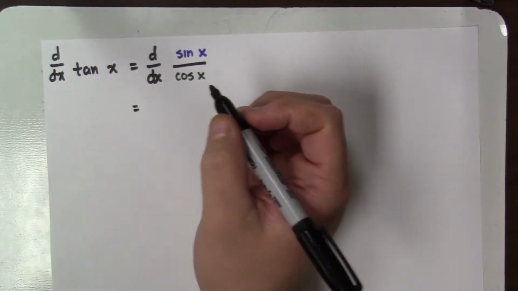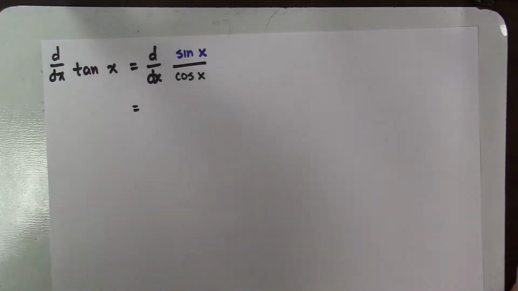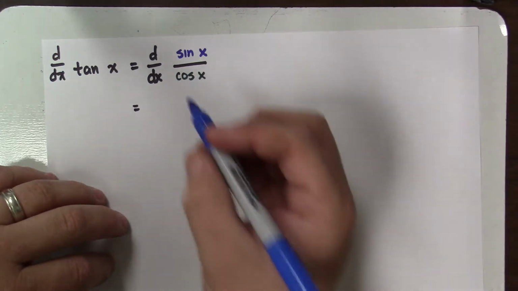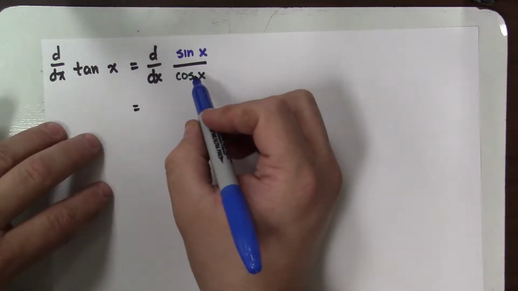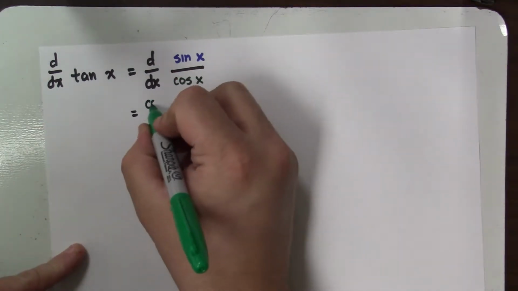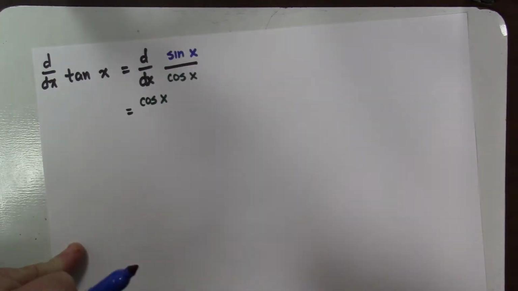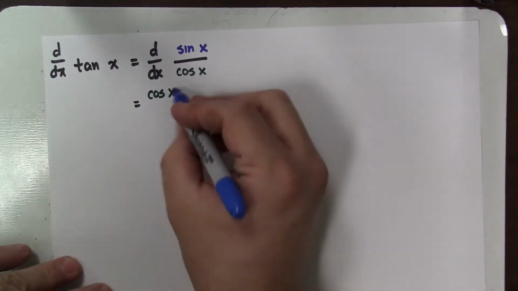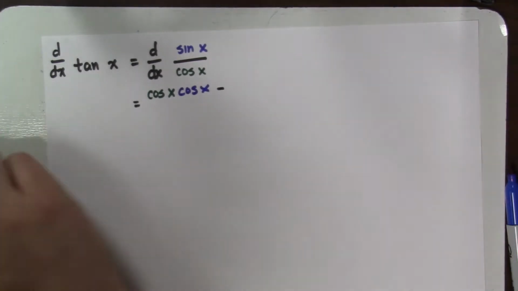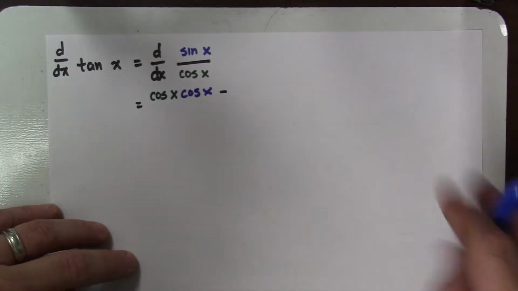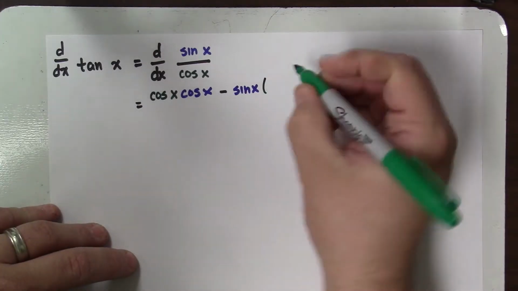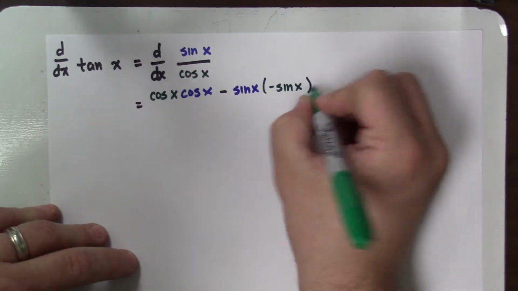So the quotient rule, if you remember that stupid little jingle, is low d high minus high d low over the square of what's below. So low d high would be cosine x times the derivative of sine x, which is also cosine x. And then I'm going to subtract high d low, so high is sine x, and the derivative of the bottom is negative sine x,